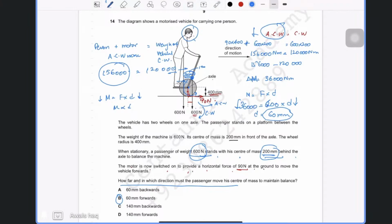So you can take a screenshot. This is just a complicated question, I agree. But what can we say? Some people are gonna get distinctions, no? Alright. Now,